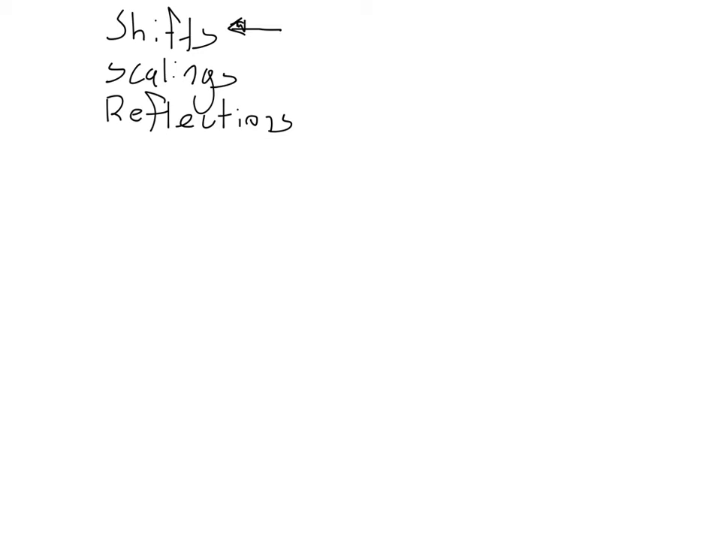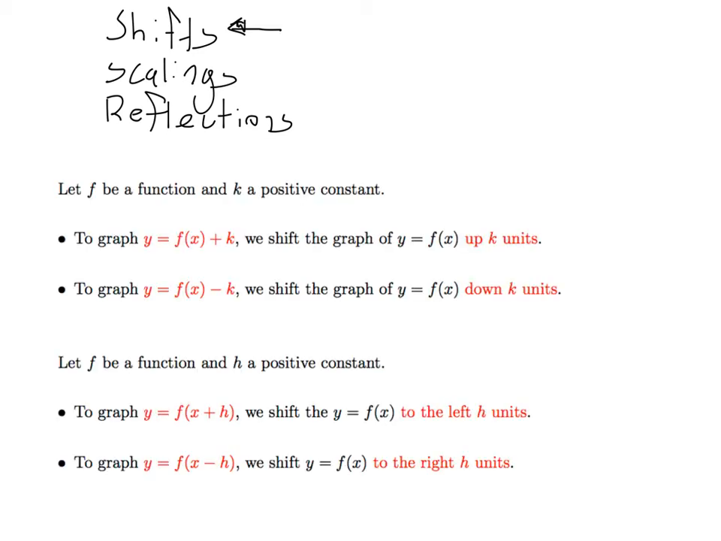So to review what we've seen about shifting functions, when we are adding or subtracting a constant on the outside, this is going to give us a vertical shift. And so if we're adding that constant, then we're going to get a vertical shift up. And if we're subtracting that constant, we're going to get a vertical shift down. When we do the adding or the subtracting inside the function, inside the parentheses, then we get a horizontal shift. So for example, f of x plus h is going to give us a horizontal shift to the left by